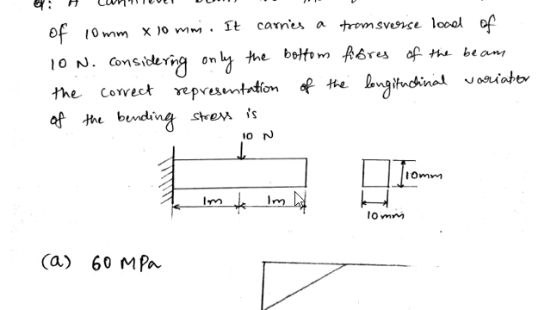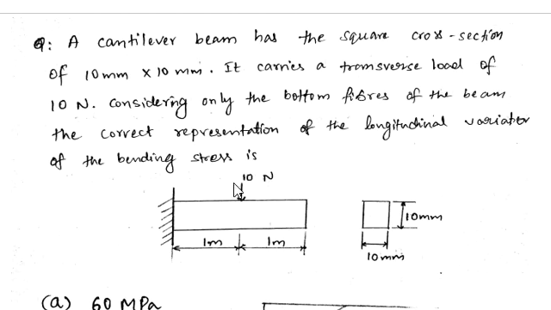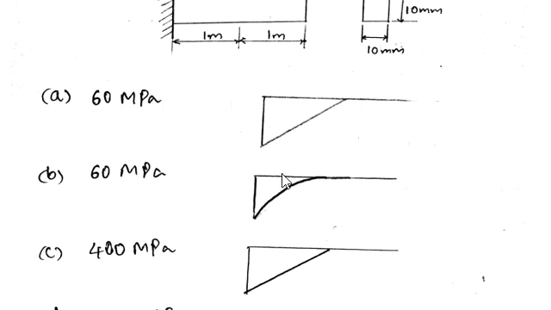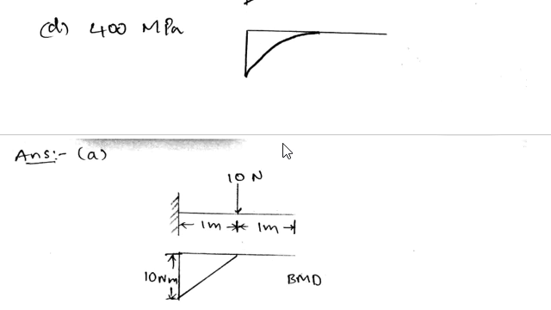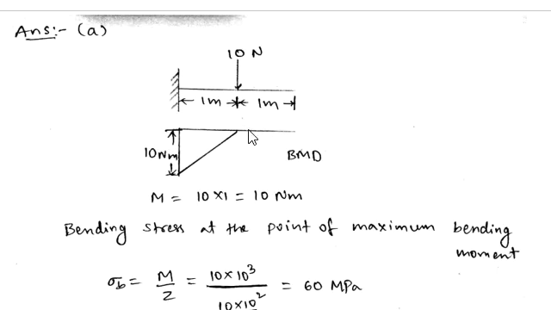So here is a cantilever beam given, of cross section 10 by 10 mm, and a point load is acting like this at, suppose, the middle portion from this diagram. So here we have to show the variation of bending stress along the length of the beam. Some options are given, so we have to find the right option here. If you draw a line diagram, it's a cantilever beam with the given load at the center. If you draw a bending moment diagram, it will be like this.